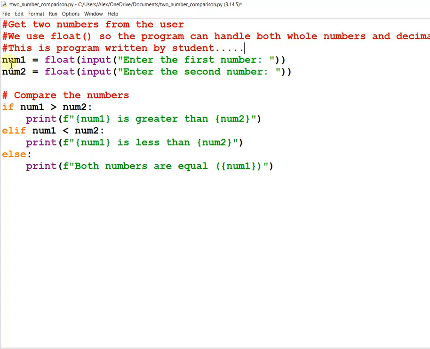Now here again, number 1, number 2, these are your variables. Which kind of value are we taking? Float, meaning with decimal points, like 4.5. You can take even whole numbers if you want to compare two numbers like 9 and 8 or 10, simple, no problem. But 9.0 and 10.0 is just like that. Input is a predefined function where a person will enter the value.